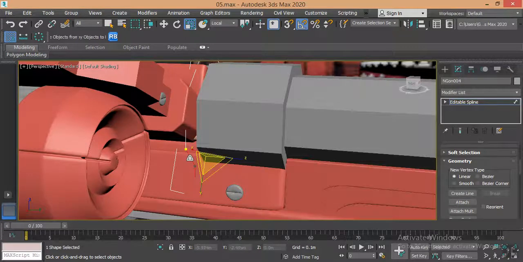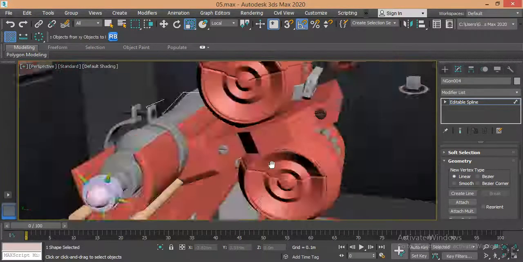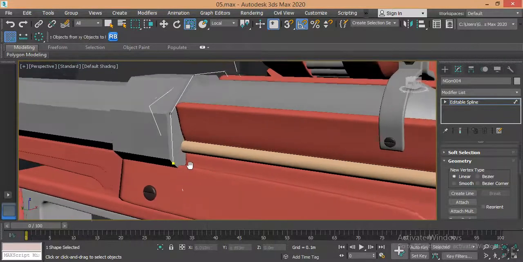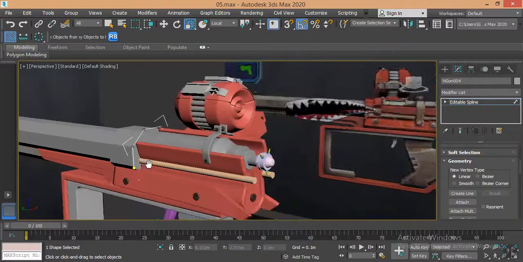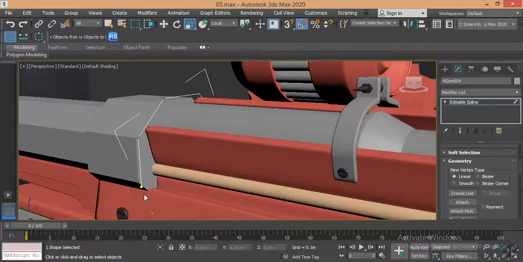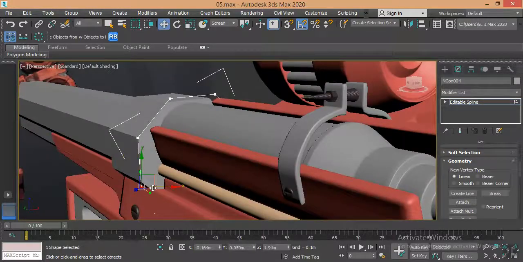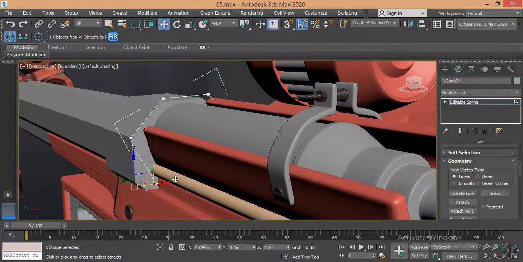Then I will select the spline, now I can adjust the spline to make this part. I will select this vertex, then I will move this a little bit like this,